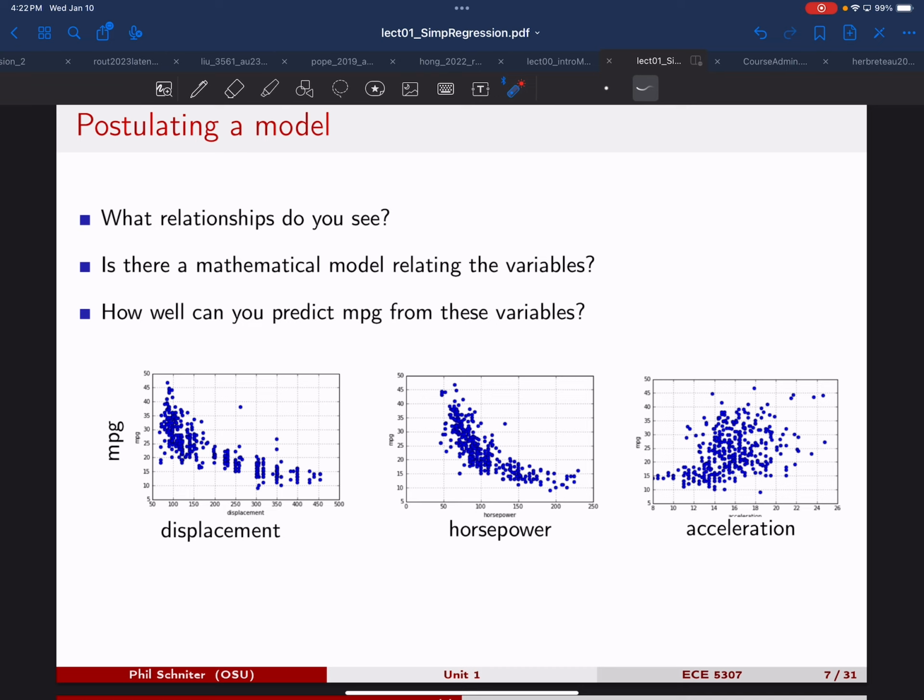I think I would choose horsepower. Okay, and why did you make that choice? It looked a little prettier. Okay, but what in your mind? I think you're doing other stuff in your mind. Yeah, it didn't seem as scattered around, it seemed more central. Right. So when you said it didn't seem as scattered around,